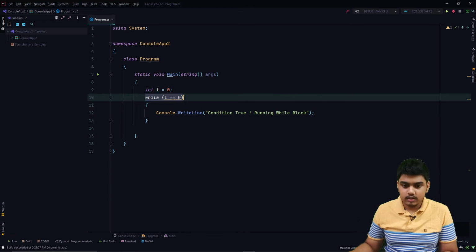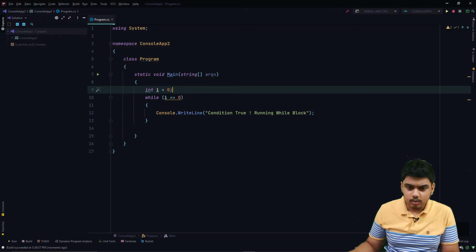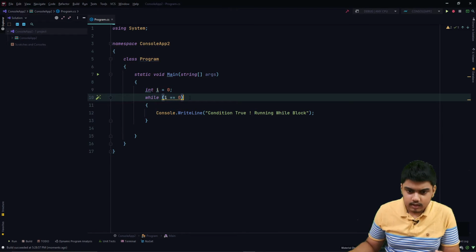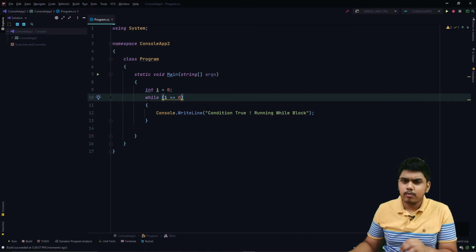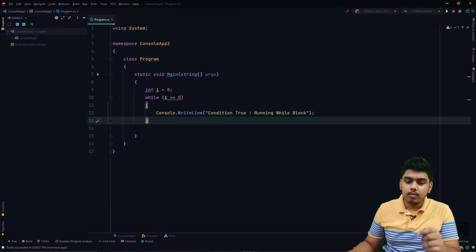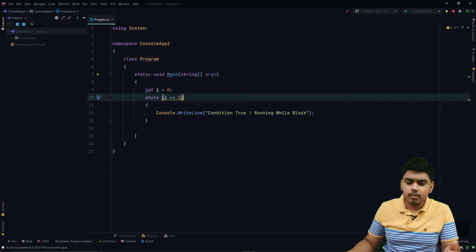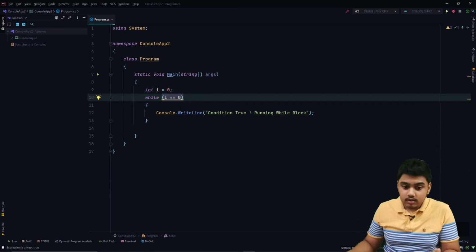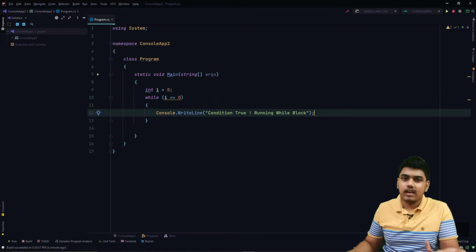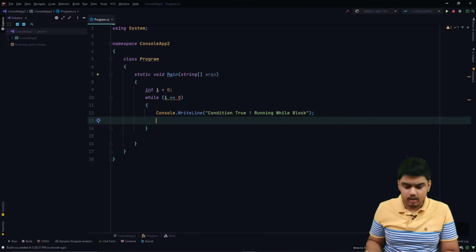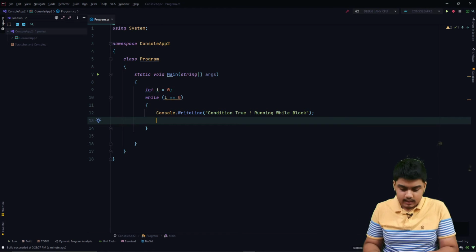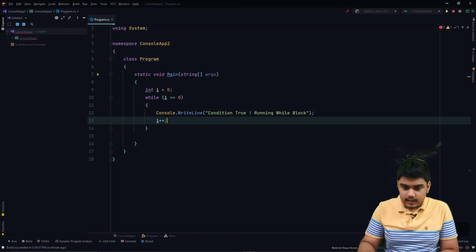Once the compiler comes to this line, it sees: okay, a while loop, now what condition is given? Here they have given i equal to 0. So the compiler thinks that I must run this block whenever this condition is true, same as for loop. Whereas in the for loop we gave three different statements, the while loop has only one statement, and then the while block. Now it is up to us to change the value of that variable or make the condition false after we execute our purpose, say if I want to print this only once. So after that I'll write i plus plus and end it with a semicolon.